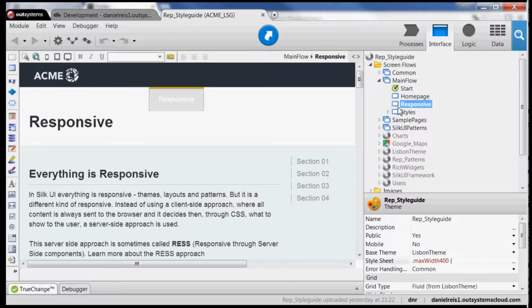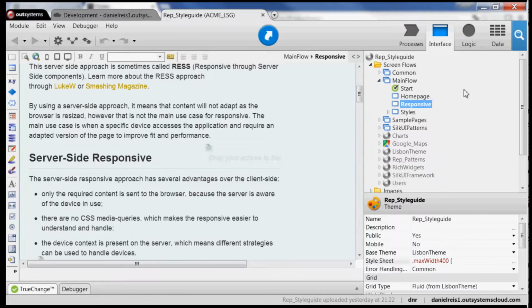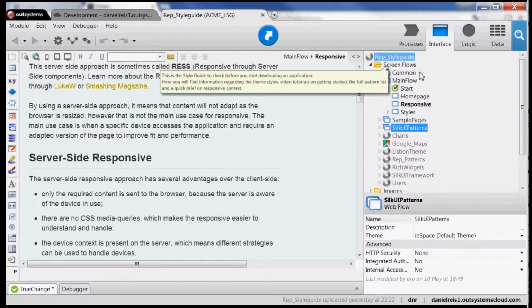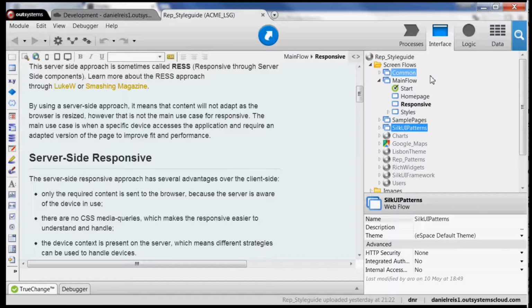you can use it as your based starter app, like I'm doing with this. So you will have these pages and with the style, the SilkUI patterns, etc. So you could start on this, but for now what is important is I will need to add the dependence here